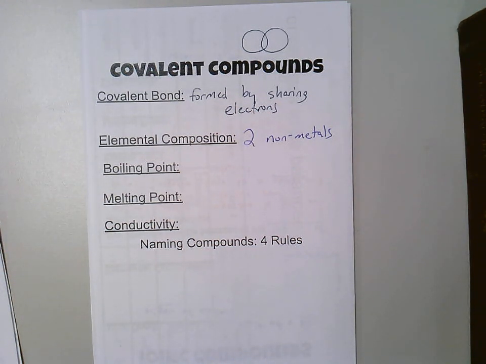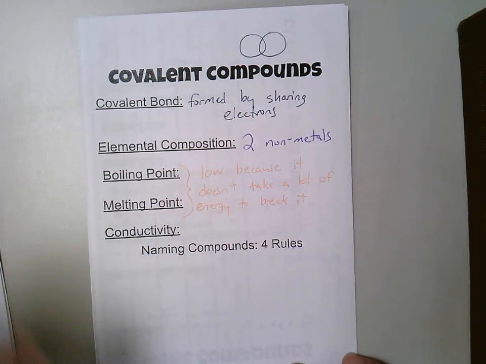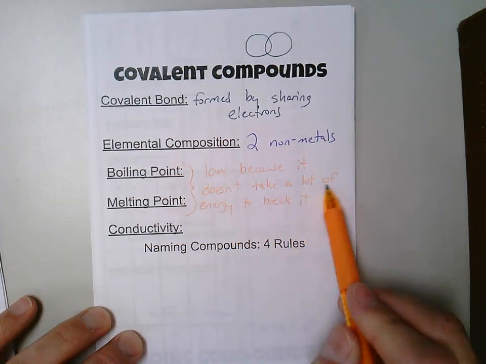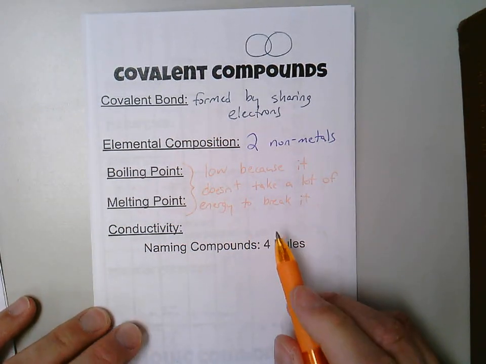Compared to covalent bonds, think of sugar. You can melt sugar with a candle, and that's because its melting point is very low. And so covalent compounds have a very low boiling point and melting point. So it's low because it doesn't take a lot of energy to break it. Remember,